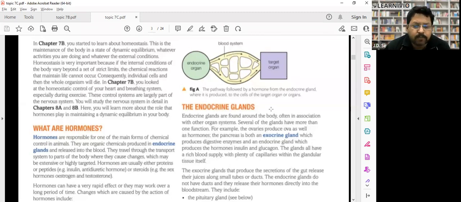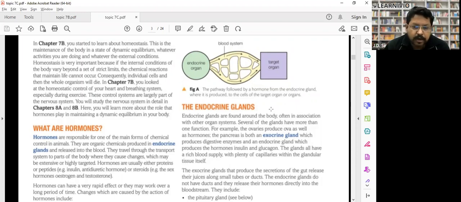What does it mean? Suppose a hormone released by our brain has to work on the heart. A gland like the pituitary gland, which is present in the brain, will directly release that chemical into the blood, in very small amounts. That chemical will keep circulating and pass through every part of our body, but it will work only on the target organ, that is our heart. It won't work anywhere else. So that's how the hormone works.